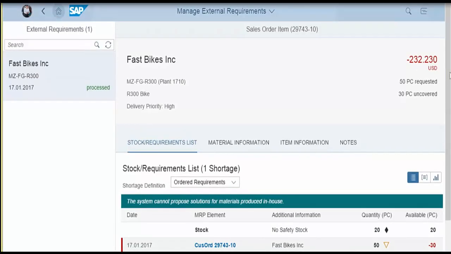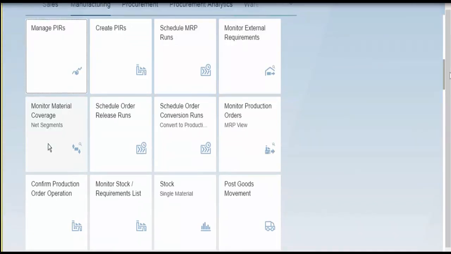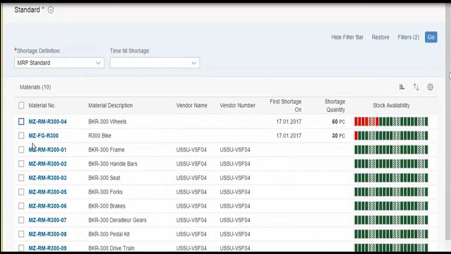However, the material planner doesn't yet know whether there is enough component material, for example, wheels, frame, seat, brakes, and so on, available. He executes the MRP.